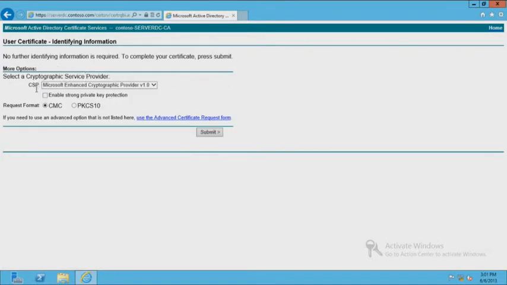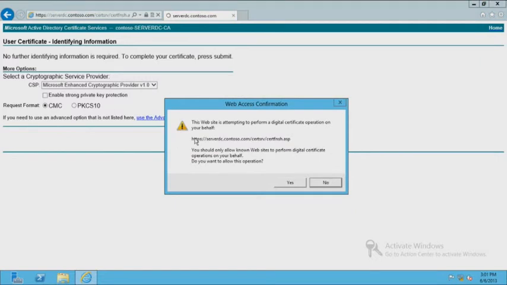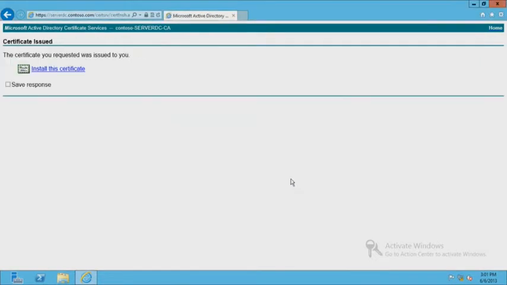There are more options for this certificate. We're not going to get anywhere near those details today. I click submit. Again, attempting to perform this operation on my behalf. And they've issued me a certificate. Now this certificate does not exist